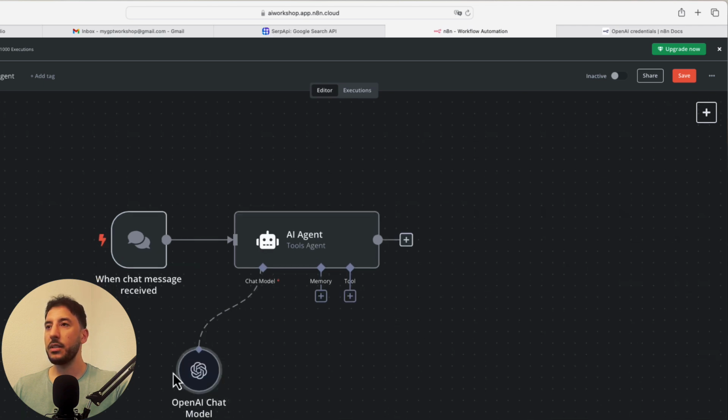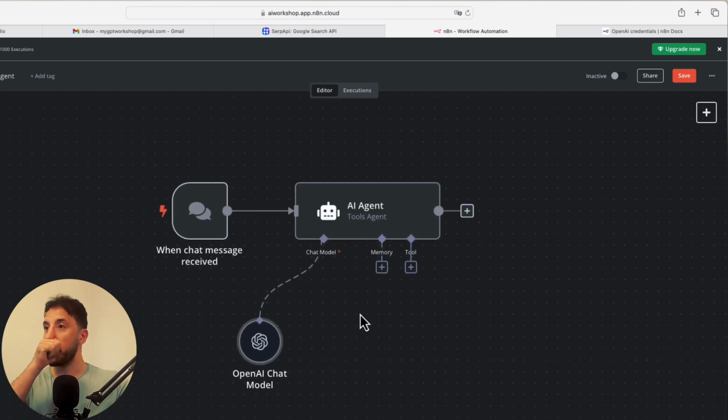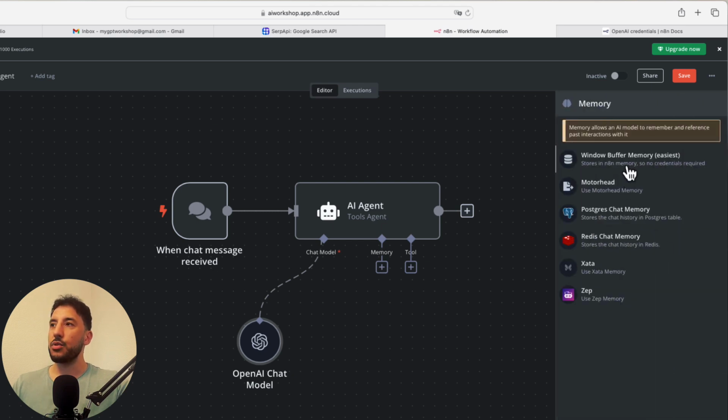Let's zoom in a little bit. There you go. Okay, so now the next step, we're going to add our memory, of course. So you're going to click on memory here, and we're going to choose our Window buffer memory. The easiest way to put this is it gives your AI agent access to previous data while you're chatting with it.